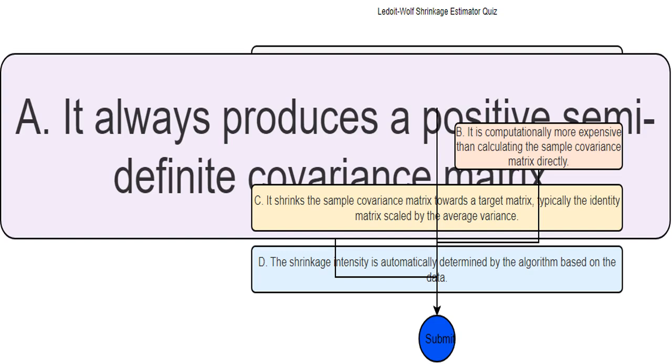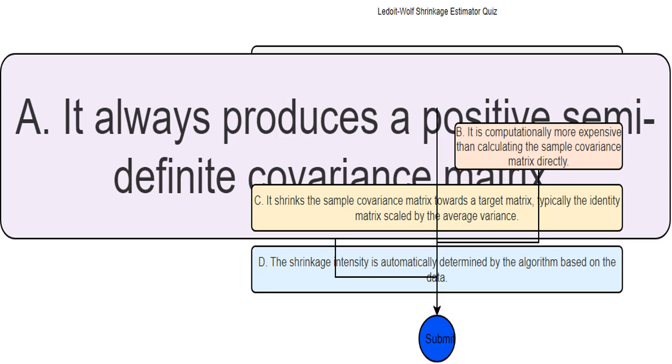This is a crucial property. A positive semi-definite covariance matrix is essential for many statistical applications, like portfolio optimization. The Ledoit-Wolf method guarantees this positive semi-definiteness, unlike the standard sample covariance matrix which can sometimes have negative eigenvalues, creating